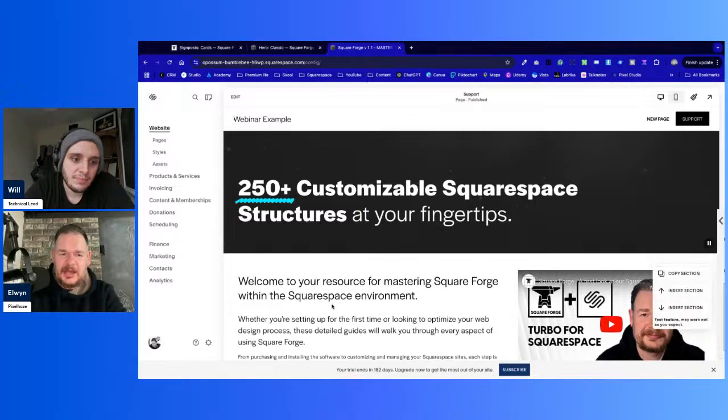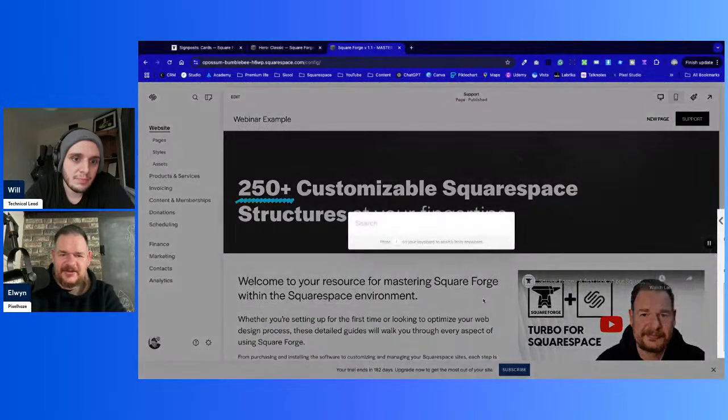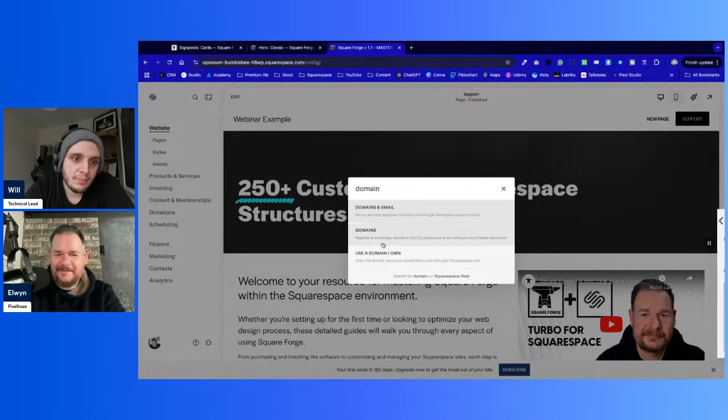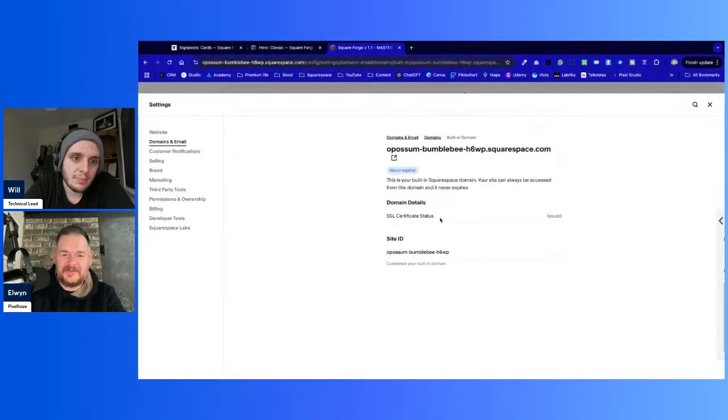So sometimes the / doesn't work straight away. If I just go back to the page and then type in / we'll come up with a quick search. And then for a search for domains, we can go to this section. This is optional, but it just helps you to organize it. And if we change it to SquareForge